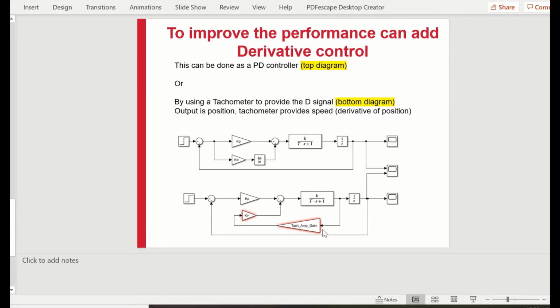Now, in our particular design, we use something called a tachometer, and that has a slightly different gain, which we have to work out beforehand. And then we have to ensure then that this gain of the tachometer multiplied by this gain here, which I'm calling kV for velocity feedback, is the same as kd. So as long as kd is equal to that times that,